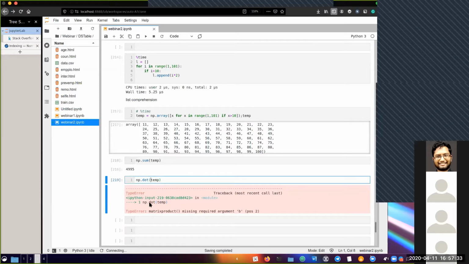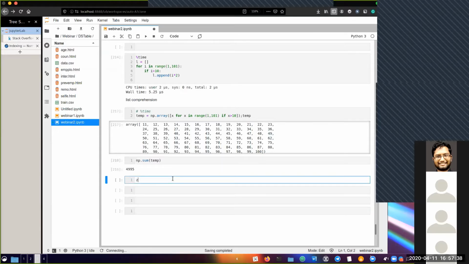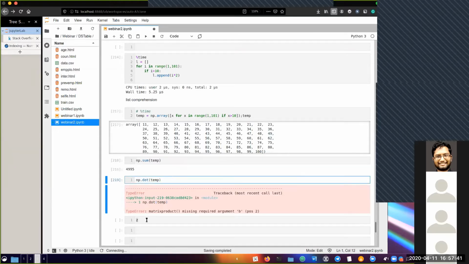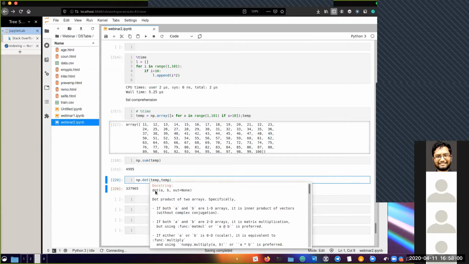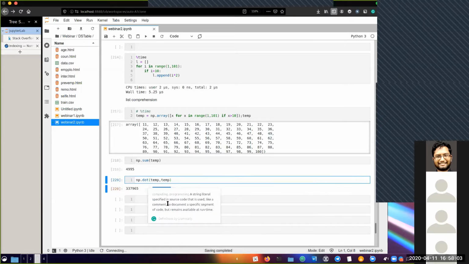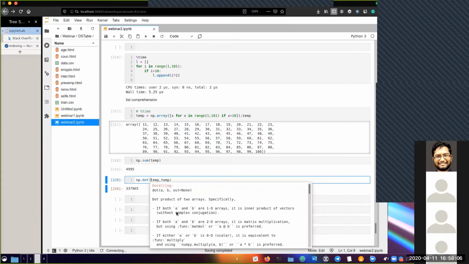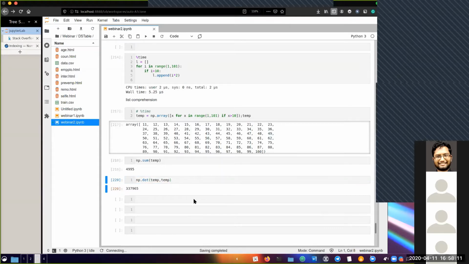Okay. So this is called a matrix product. And if you have done a little bit of vectors and stuff in college, then maybe you will know about it. I'll show you how this works later. But the whole point is, again, any syntax you've forgotten what it does or why it does what it does, just click shift tab simultaneously. It will give you the docs. So it'll tell you what it does and show you an example of it as well. I'll come back to np.dot later, but just as an example.